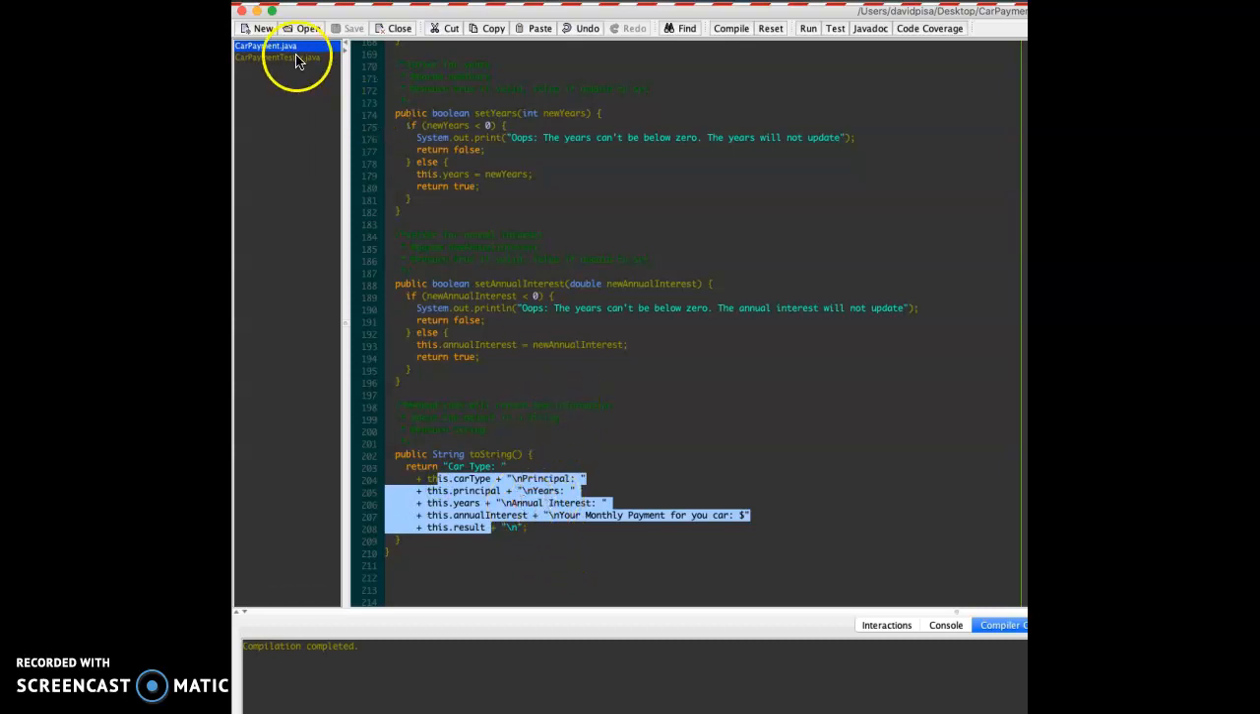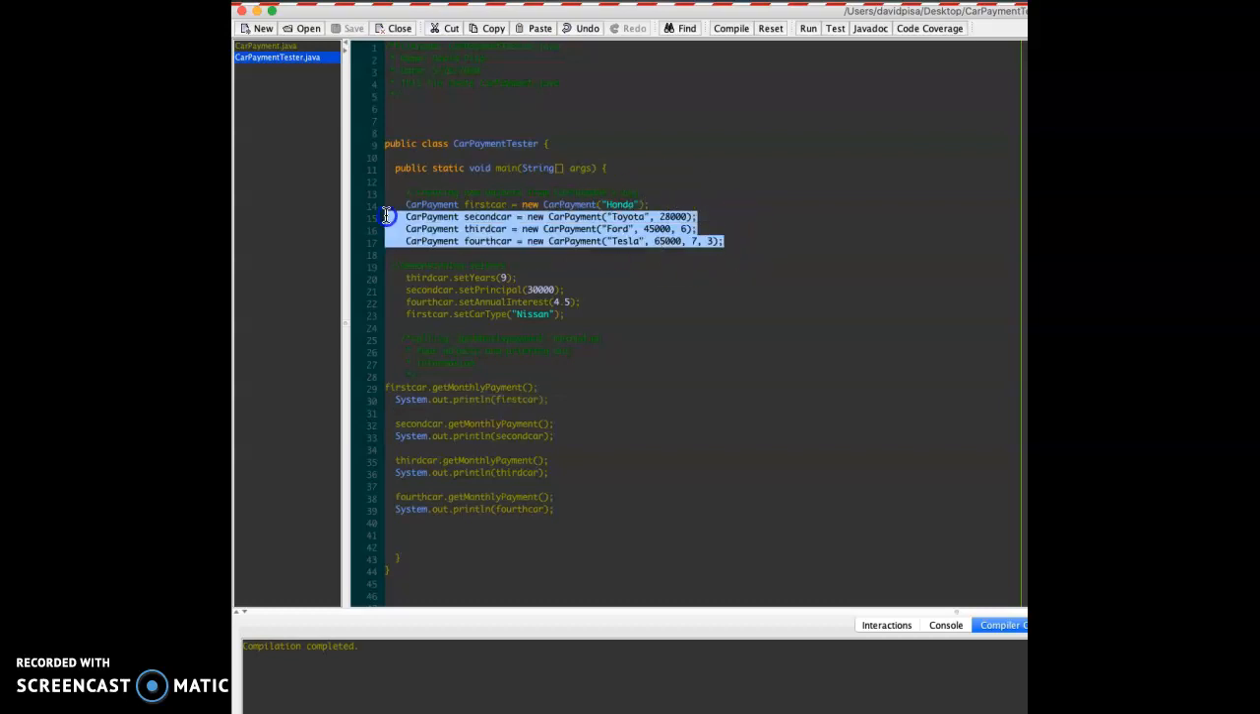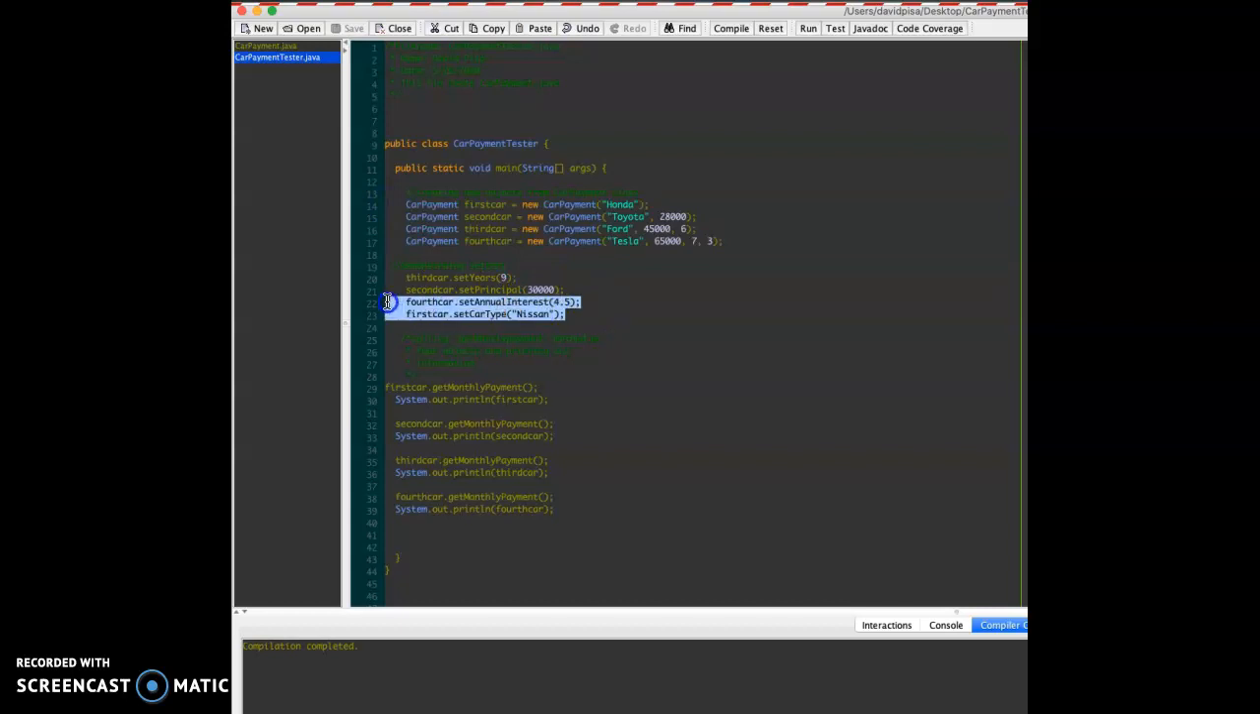So here in my tester class, this class is going to test my CarPayment class, my custom class. Here at the top, I'm just creating the new objects from the CarPayment class, just demonstrating the setters, that it works efficiently. Here I am calling the get monthly payment with the formula in it, and then just printing it out. So if I run it,